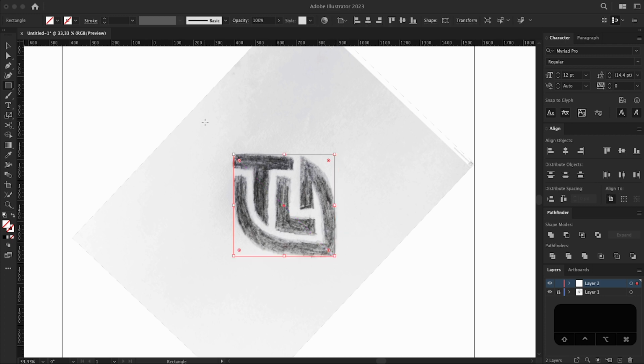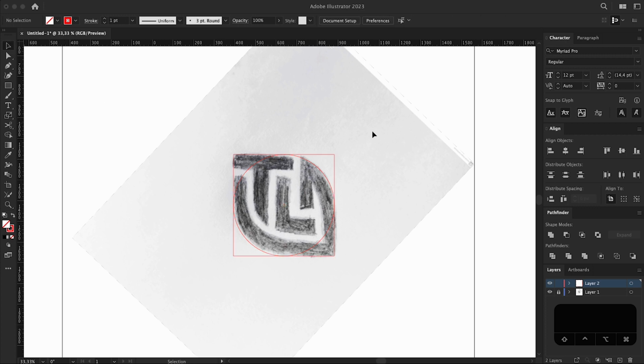Holding down the Shift key is especially useful for refining a square. This is so that each side is the same size. Once this initial shape was formed, I duplicated it with Command C and Command F. Continuing to use the Direct Selection tool, drag all the corners inward so that they become a perfect circle.